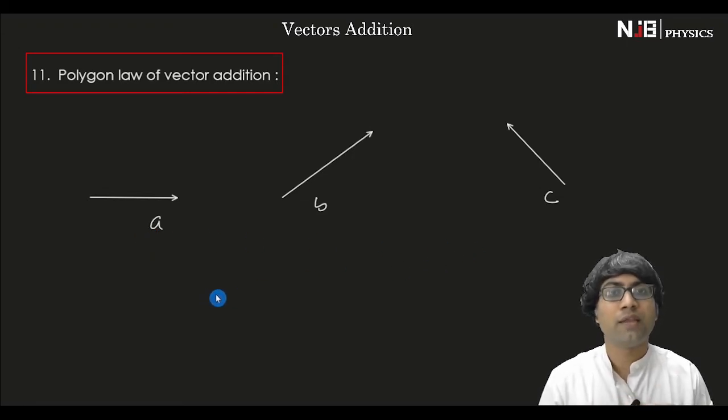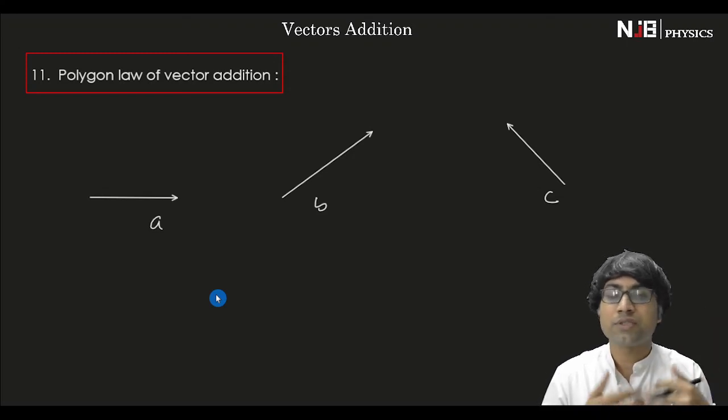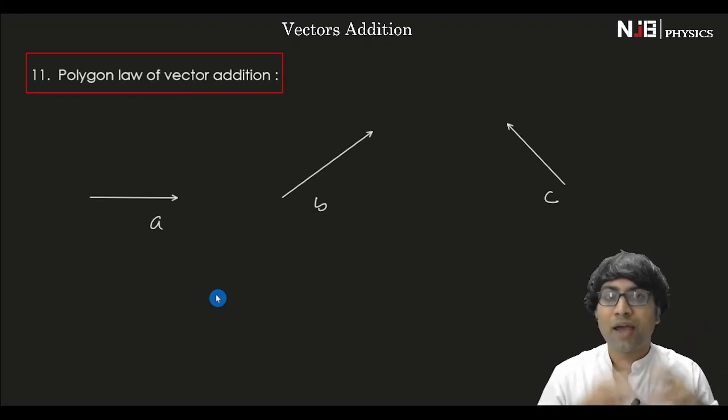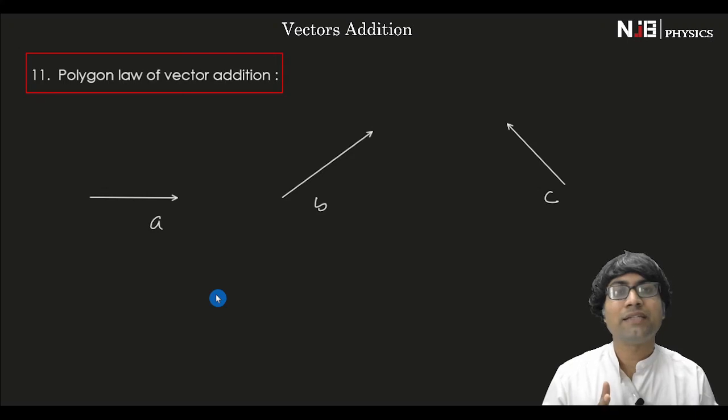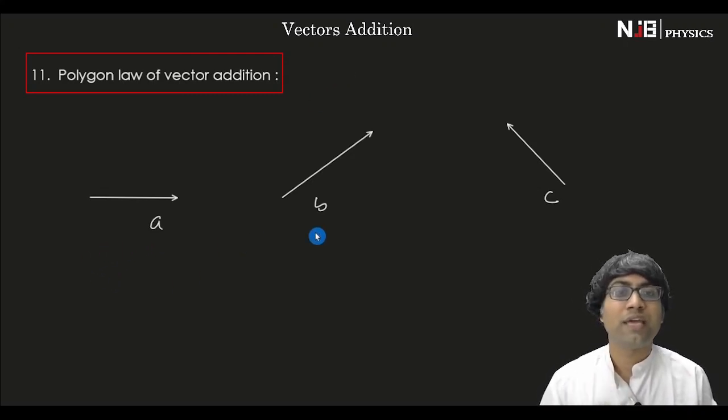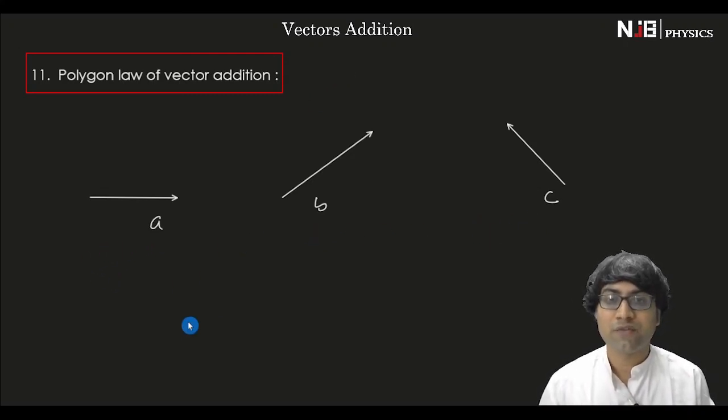What does it mean? You draw the first vector and then you draw the second vector. You start the second vector from where the first vector has ended, and then you draw the third vector. You start the third vector from where the second vector has ended, and so on. You continue. Finally, the closing side taken in the reverse order is going to be the resultant of all these vectors. For example, if you are interested in writing what is a vector plus b vector plus c vector,